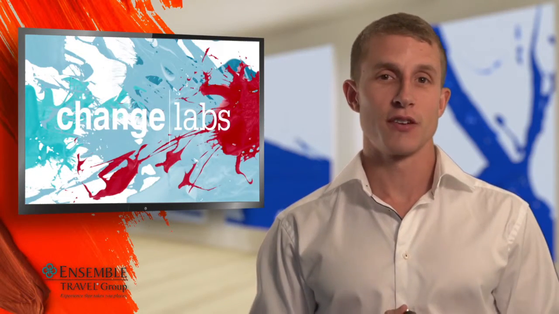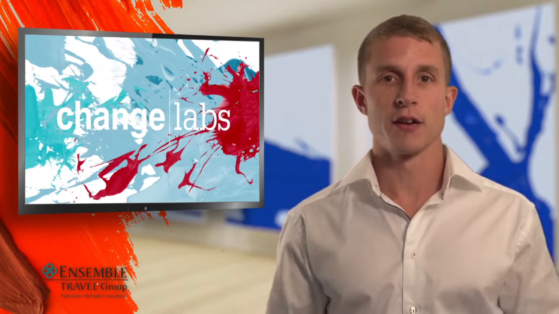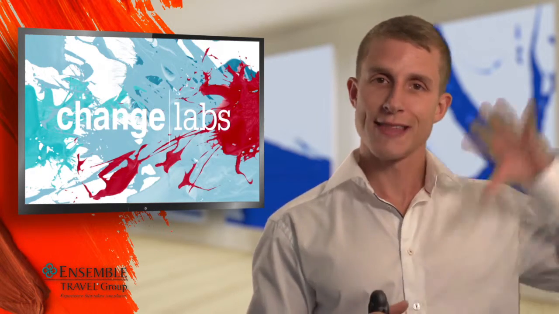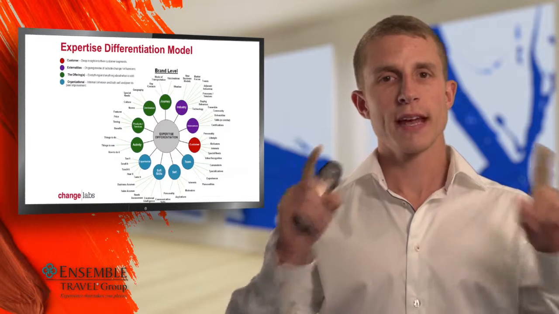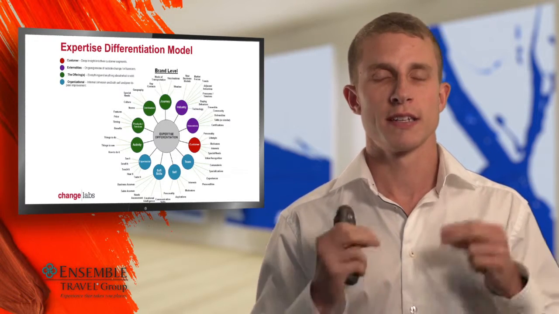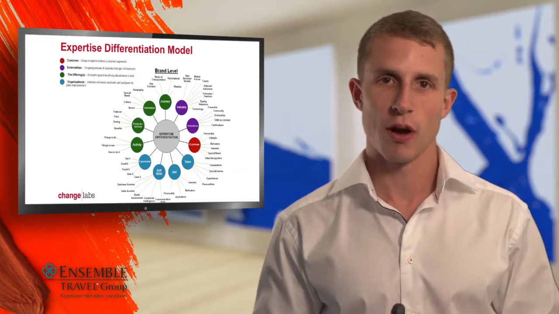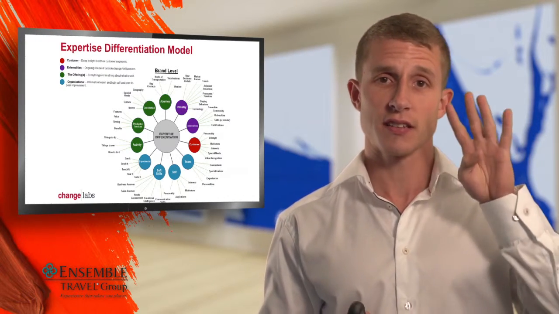This is the final video in the series, and in this video we're going to talk about a model that we created for all agencies that are in that top right-hand corner, the expertise quadrant. As we set out and started to interview different agencies, and as we conducted our observations, we began to model out what we would see as being the perfect way to differentiate within that expertise quadrant. And we found that there are really 4 areas that are top of mind, or things that need to be